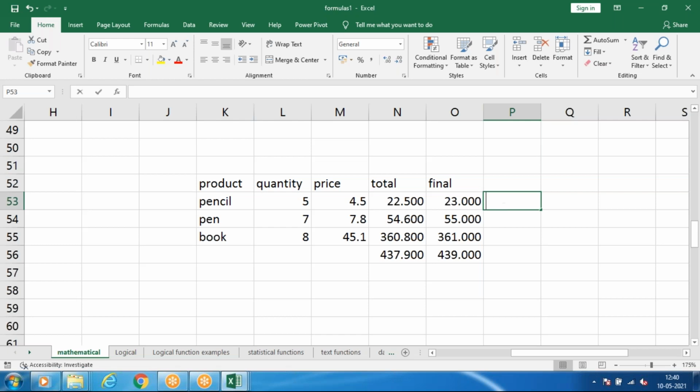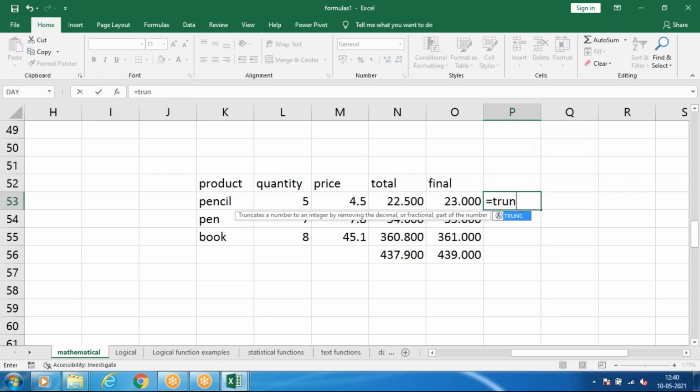Equals TRUNC, tab, select the cell, comma, number, then number of digits. So I want only 1 digit. Give enter.